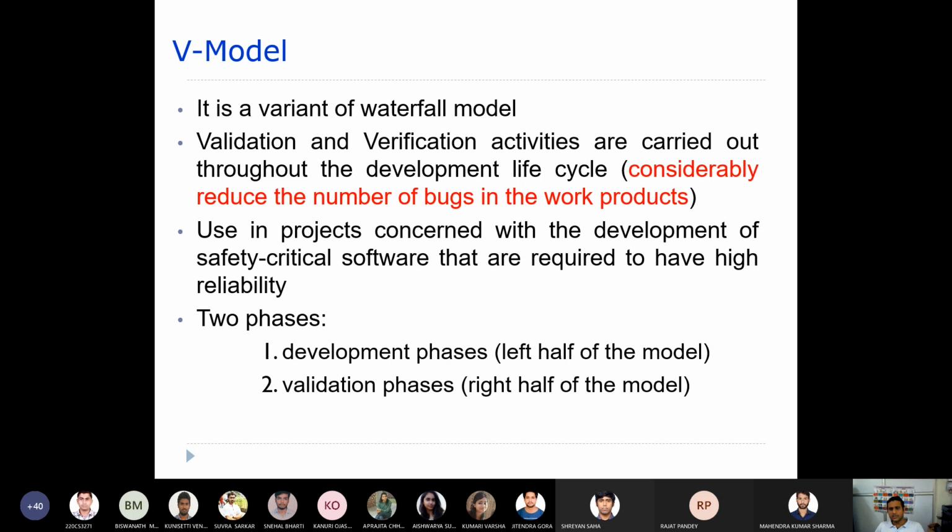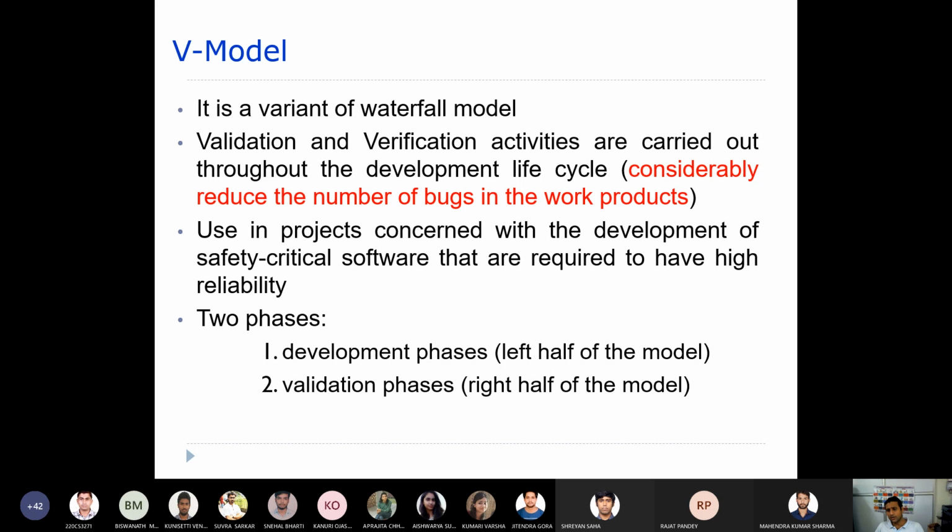It is used in projects concerned with the development of safety critical software that are required to have high reliability. So usually we apply the V model to develop safety critical software, because we need to give utmost care to the reliability part, as it is safety related software.